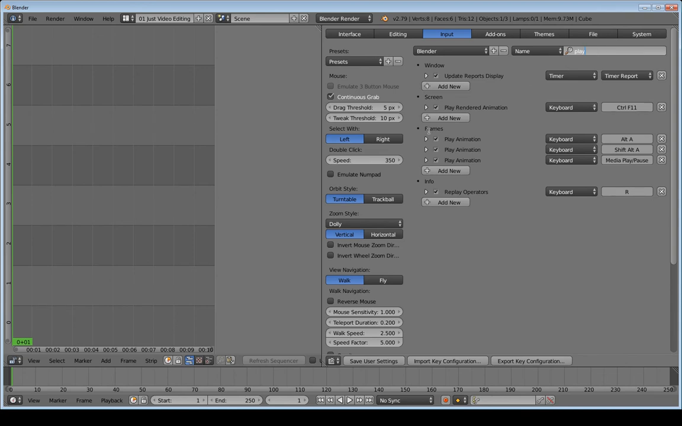And down here where it says frames, you can see it says play animation. And then you see keyboard. And then right next to that, you see Alt-A. And this is your keyboard shortcut. So if I hover over here in the sequencer and I hit Alt-A, you can see I can play and